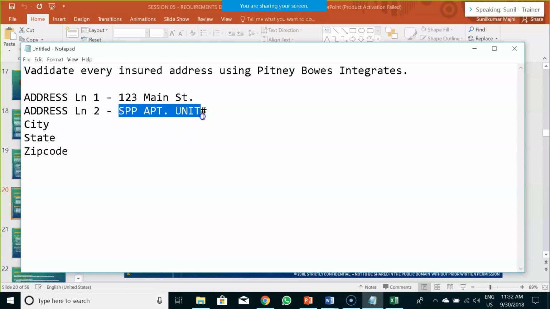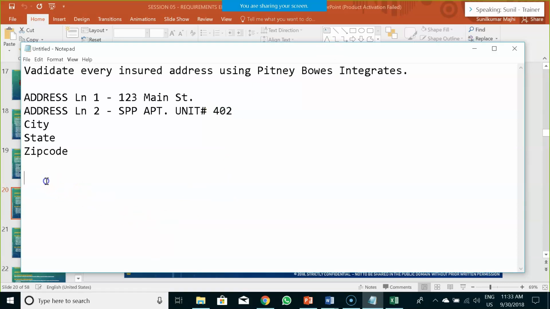Now when I verified this requirement, I saw that if someone enters the apartment and the apartment has different unit numbers or flat numbers associated with it, and I am pulling a violation report for that particular location. Violation report as in if any loss has happened to that location entered by the insured. And I come to know that his flat number, let's say 402, had a loss associated with it. 3 or 4 years down the line, he had a fire in that particular unit number 402.